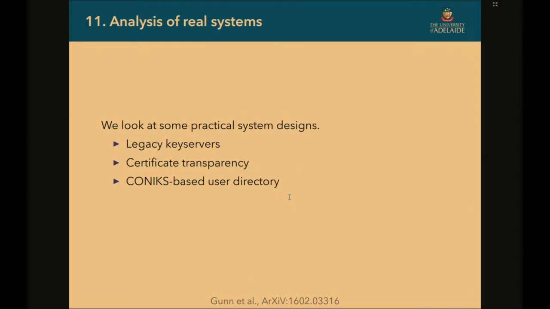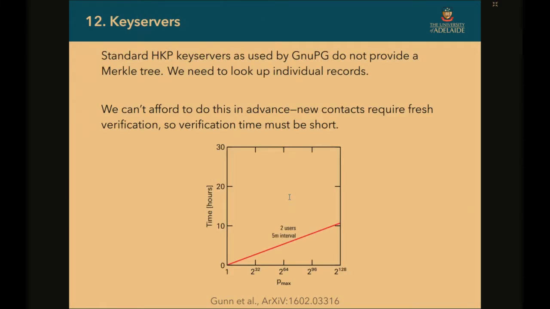So to look at some practical numbers for how you might do this, if you tried to integrate this with, say, a PGP implementation, you can connect to a key server and look up individual users. But you can't look up every user, because there's no way that you can just download all of them easily. So you have to decide, I want to talk to this user, I'm going to carry out some verification. And you need this to be quick, because this is a time delay between when you've decided to talk to someone and when you can actually make that communication.